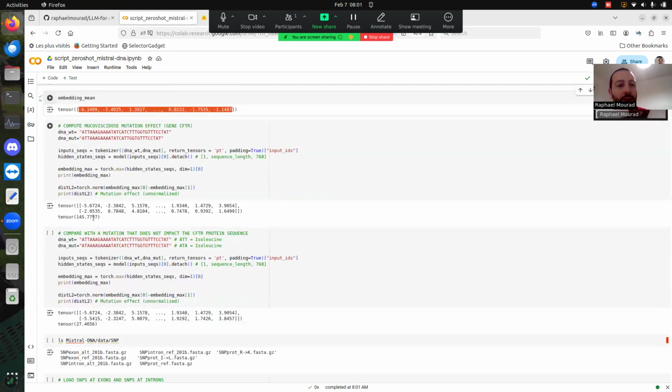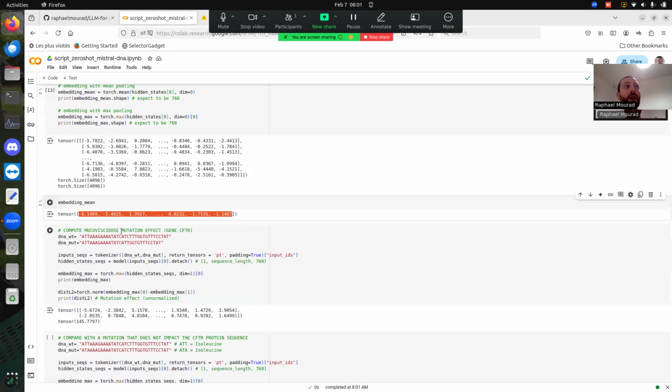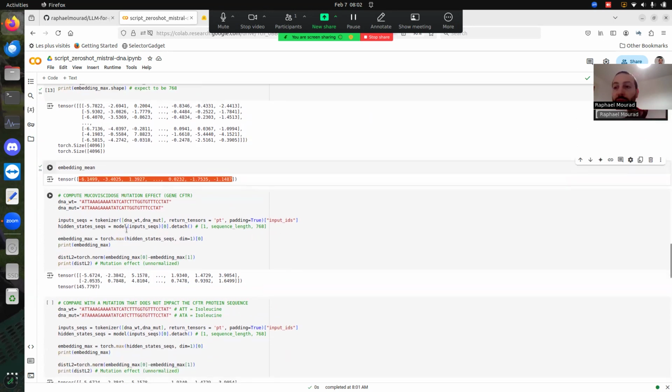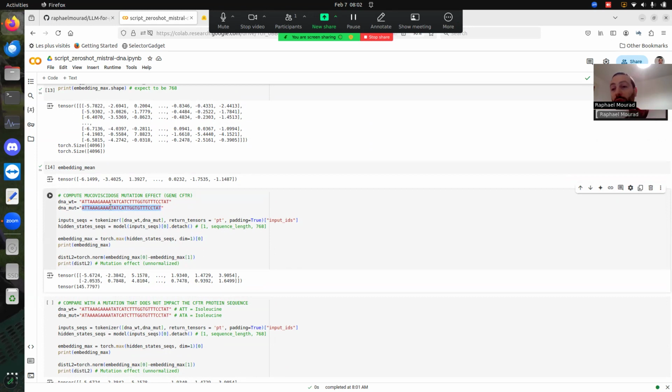Now let's think about it. How can we use an LLM to predict the impact of a mutation? So we have an embedding. It means that you take a DNA sequence, and you can compute an embedding, a mathematical vector representing your DNA sequence. What you can assume is that if a mutation has a strong impact, then the distance between the wild type sequence, so the sequence without the mutation, and the mutated sequence